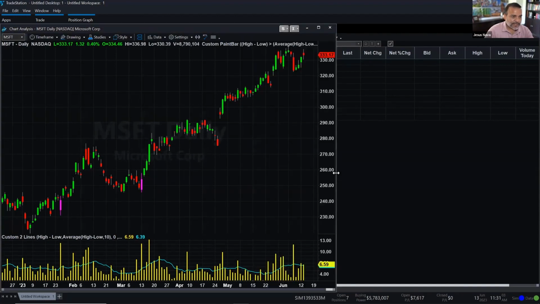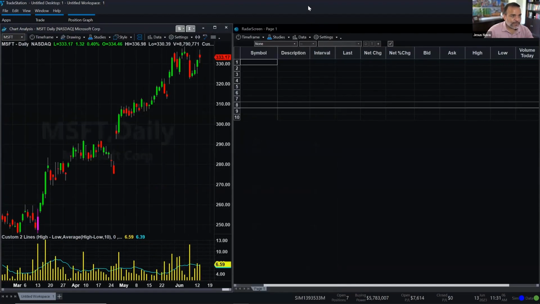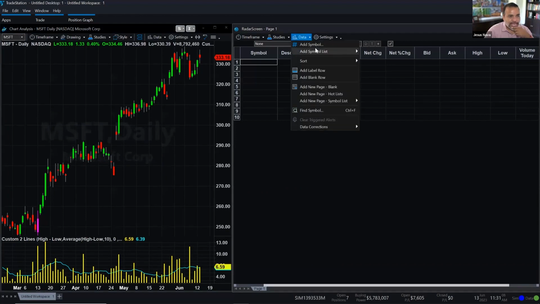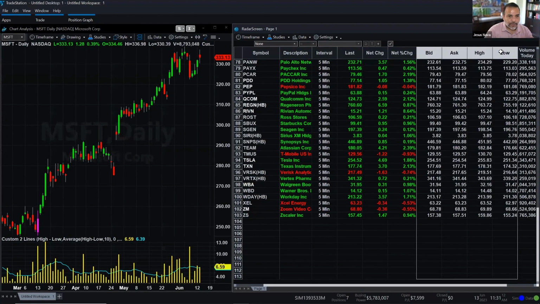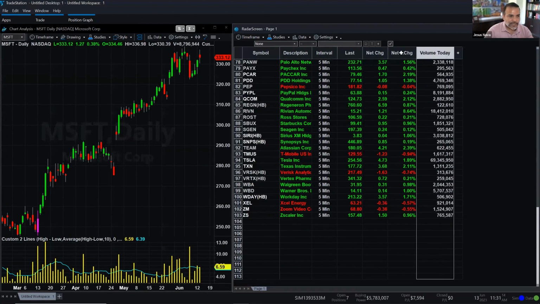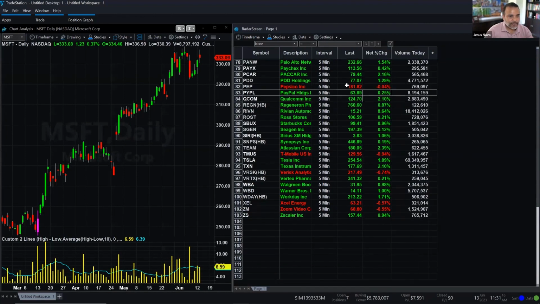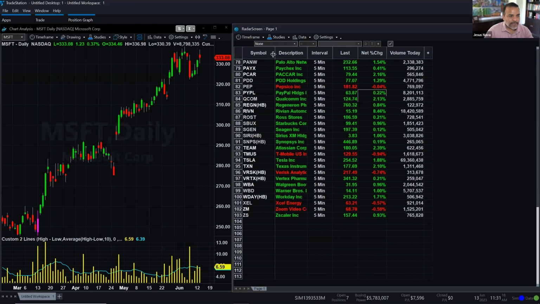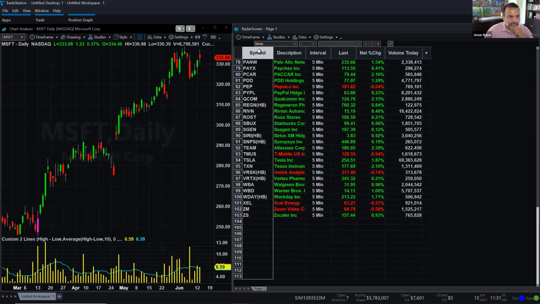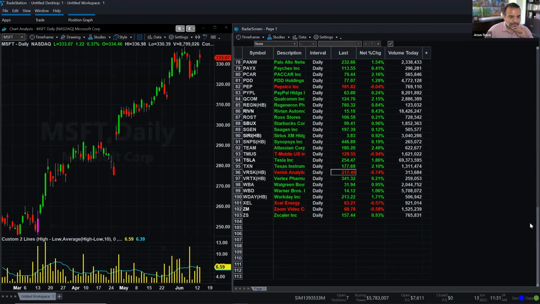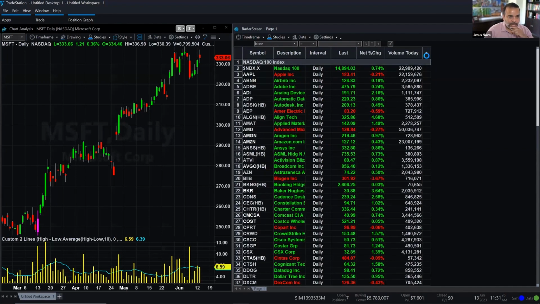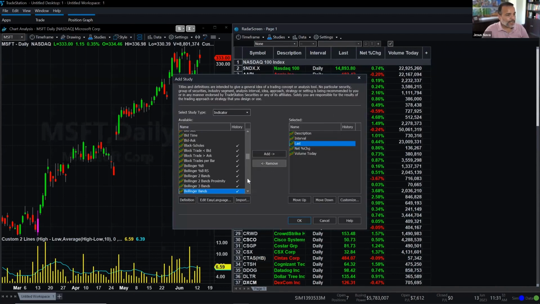Let me resize this. All right, let's suppose that I'm going to scan on the NASDAQ 100. Let me remove some of these columns that I don't need. All right, this is a 5-minute time frame. If I want to change that to daily so that it matches my chart, I can. And I'm going to go here to the plus to add a study. And let's go ahead and add